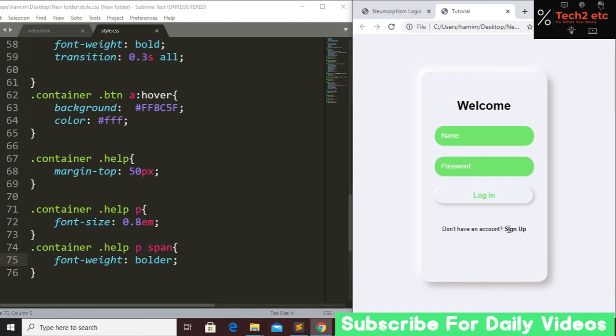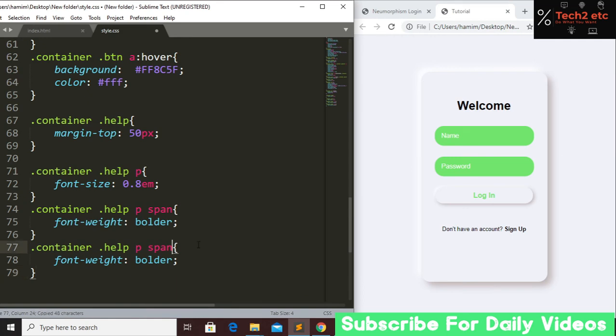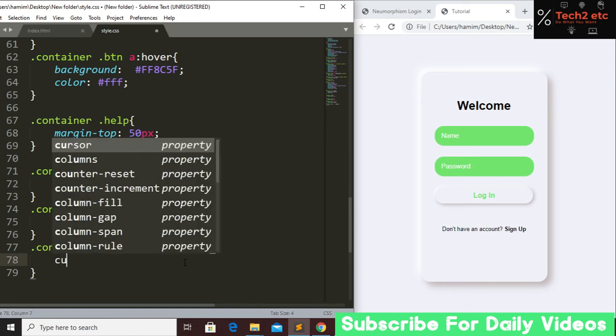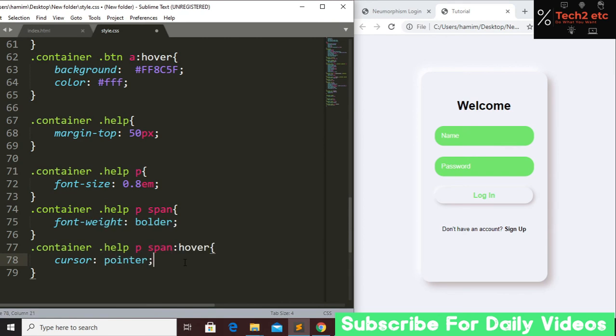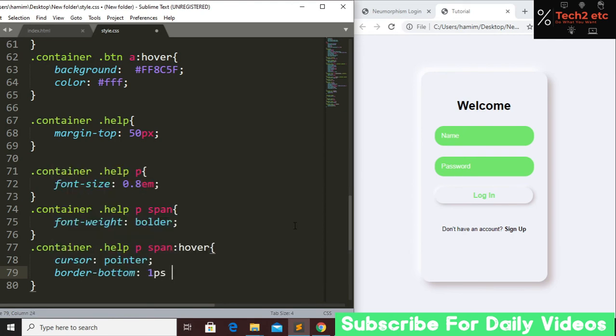Now I want to change it to a clickable button, so for doing this, copy this class again, paste it here. Now here you have to write hover, that's it. And when we hover over our sign up, I want a pointer, so cursor will be pointer, and I want a border from the bottom, so border bottom will be 1 pixel and it will be solid like. So if we now save and refresh, here you can see now we have our border